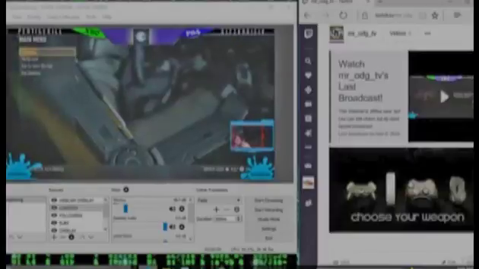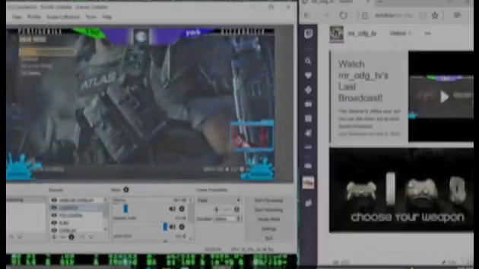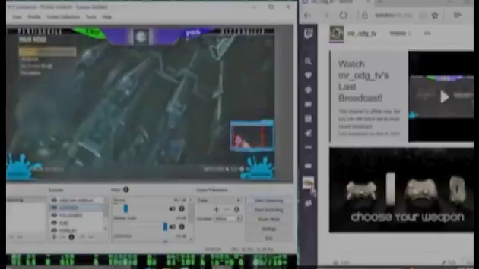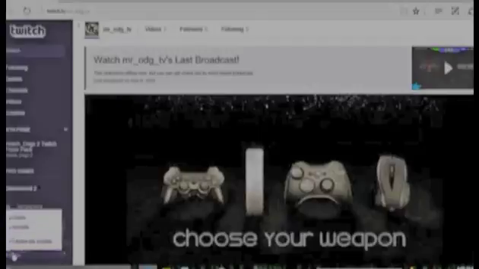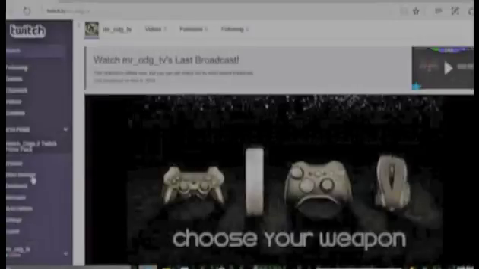Alright, so let me see if I can show you how it would look here. I'm going to go into settings, see if I have my streaming key in here. Okay, so once you get your streaming key, you put it in there, and then you say start streaming, and you go from there, and your Twitch streaming will happen right away. So let me go ahead and do that for now. I'm going to get my streaming key, and again, the way to get your streaming key is you go under dashboards,